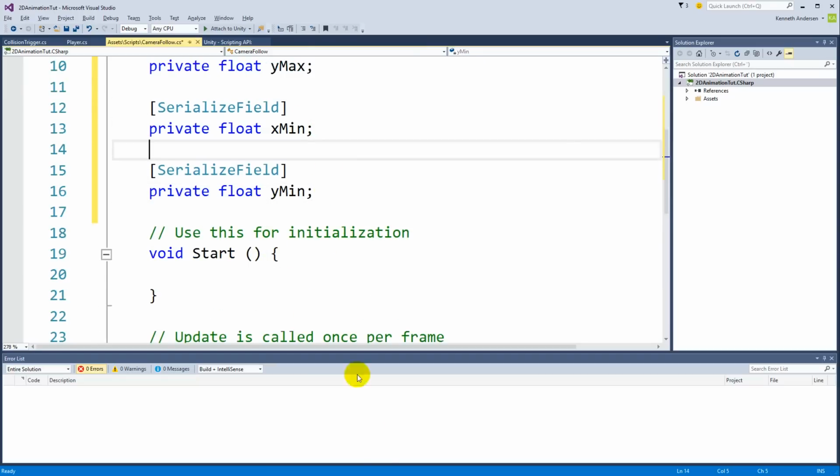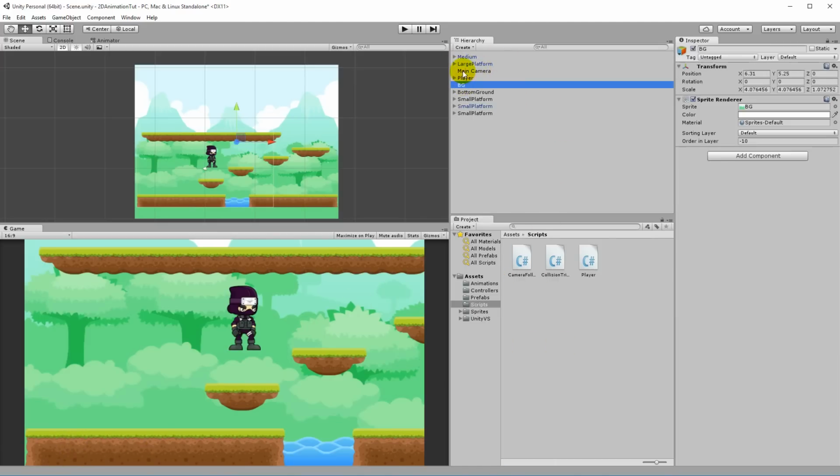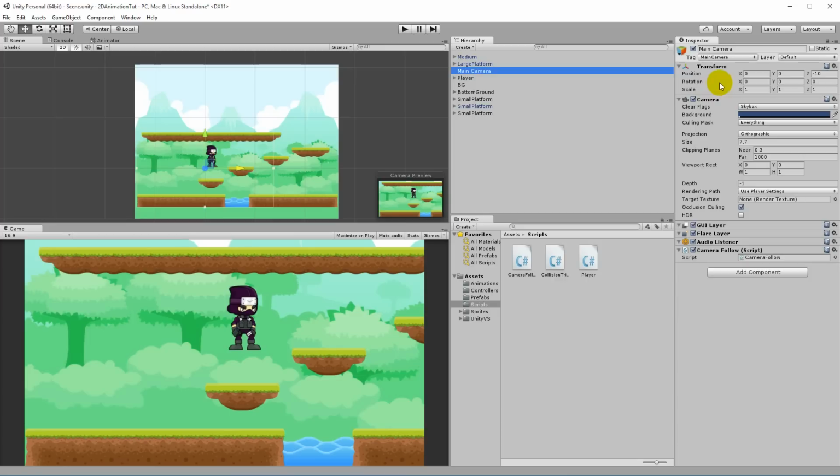Because the camera needs to follow the player until it gets to the edge of the screen of this background here, and then needs to follow him, and when he jumps up it needs to follow him until it gets up to the edge here, and if he falls down it should also stop before you can see the edge of the what are they called, the platforms. Okay, let's see. So it starts in position 0, and I guess the minimum position on y is 0, so it doesn't go below the position it has right now.